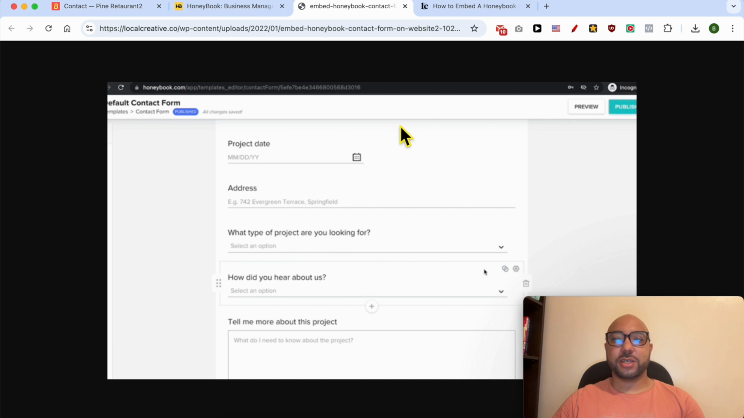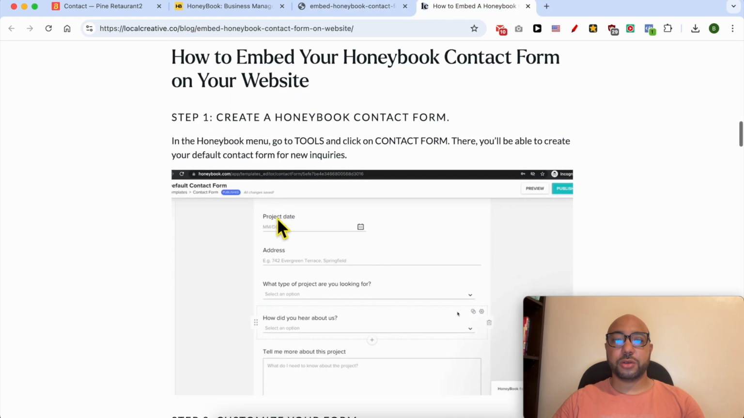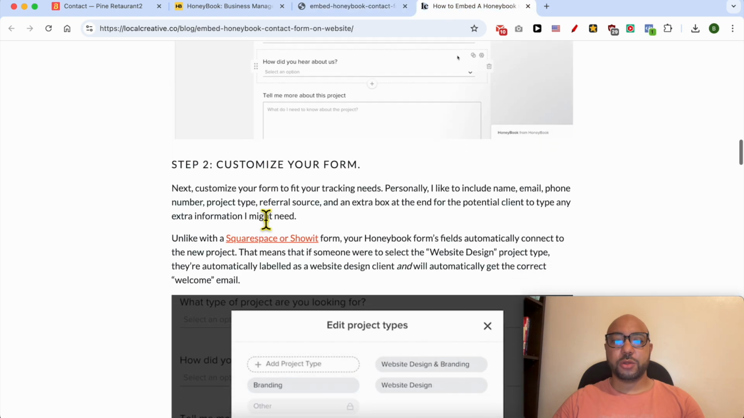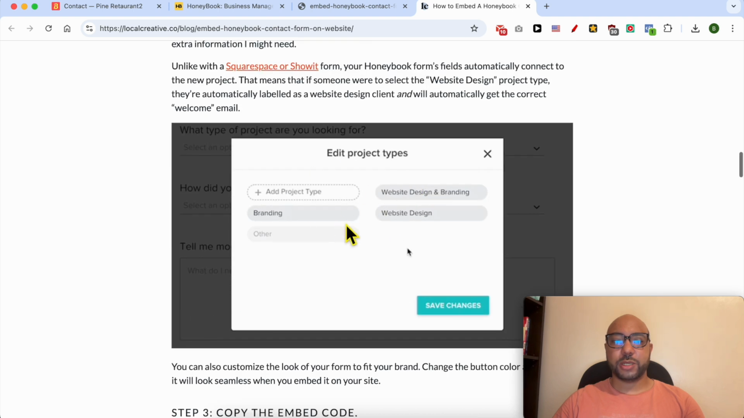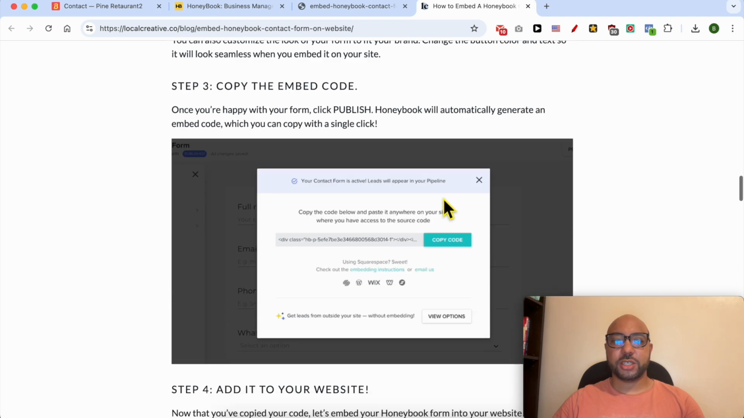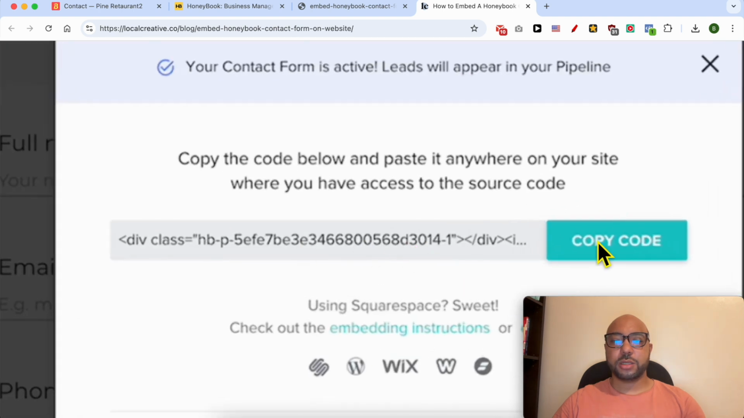Now, after logging in to your Honeybook account, go to Lead Form from the top, click on Contact Form, and then fill in this information. After creating your Honeybook contact form, you need to customize your form. This is how to do it. Click on Save Changes. After that, you need to copy this code by clicking on Copy Code